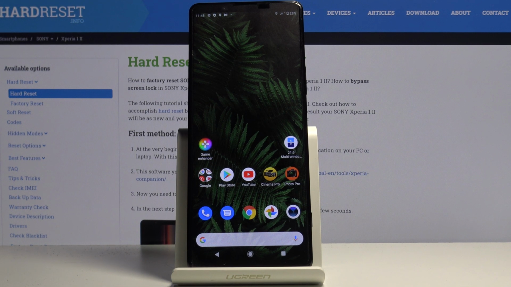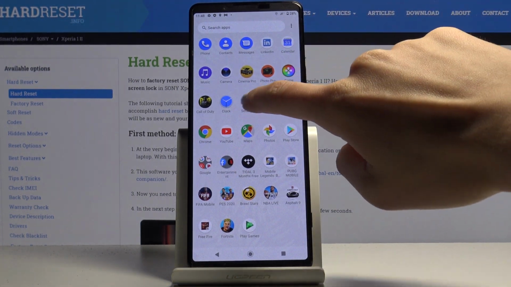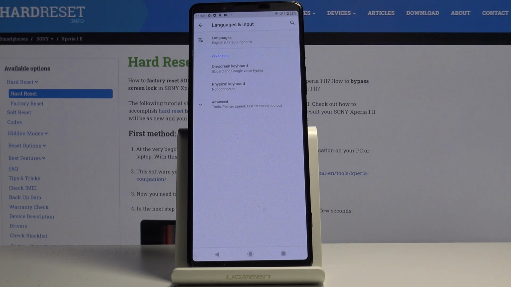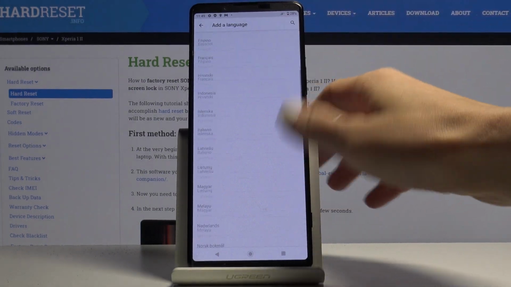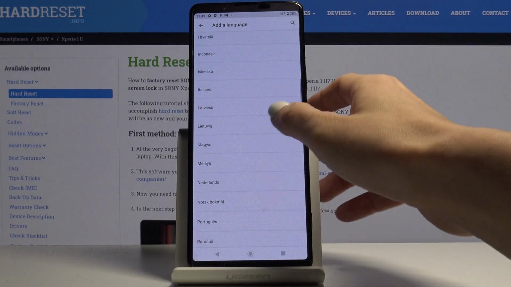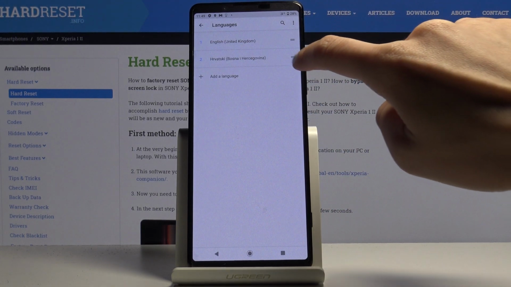Here I've got Sony Xperia 1 II, and let me show you how to change language on the following device. So firstly, open the list of all apps, go to Settings, then locate and open System, go to Languages and input, click on Languages, and by tapping on Add a language, you can pick the one that you would like to apply. So let me choose, for example, Croatian, then select the region, and now you have to swipe